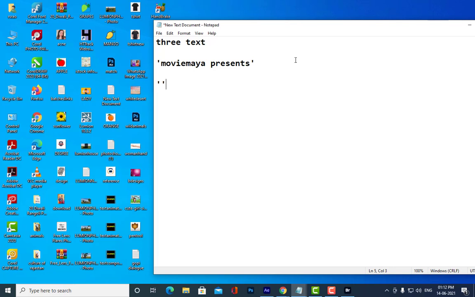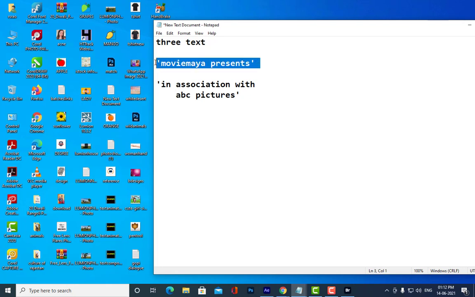Then next is in association with ABC pictures. Are you able to understand what I am saying? First you have to start your animation with Movie Maya presents in association with ABC pictures, and then the title of the film is Firestorm.